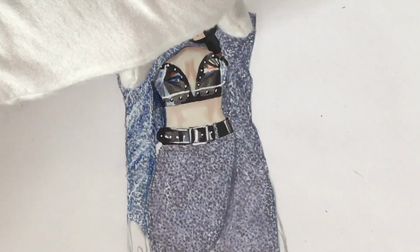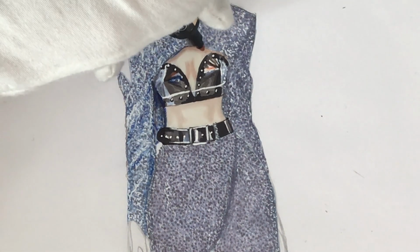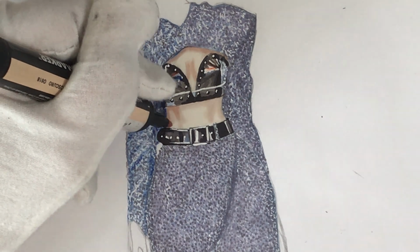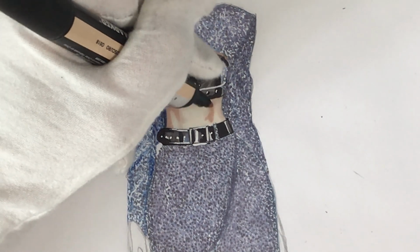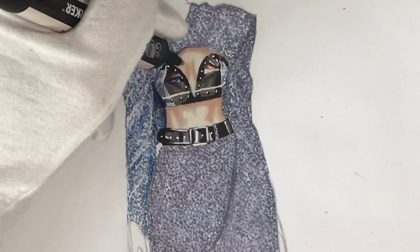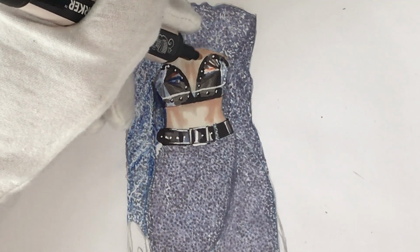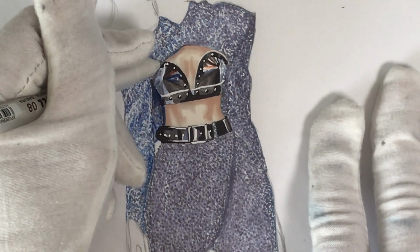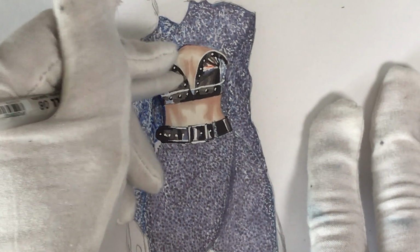And I'm cleaning it on just clean paper, because I'm working around a lot of pencil and fine liner, and sometimes you can just accidentally touch it with your marker. And if you don't clean it time after time, you can just smudge that dark ink on the skin and make your drawing a bit messy. So now I'm using white ink pen to just outline the shape of the corset,